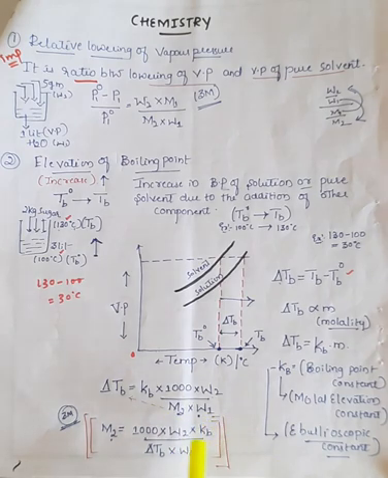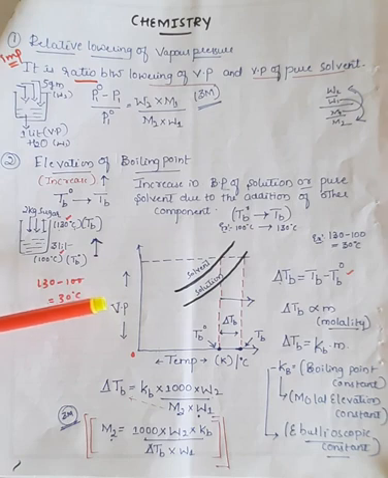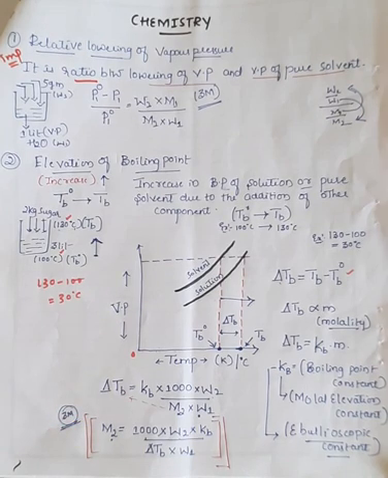Right? So if you want to calculate m2, I can take this m2 this side and delta Tb this side. So m2 is equal to 1000 into W2 into Kb divided by delta Tb into W1. This is the formula for the calculation of the molar mass of the solute in case of elevation in boiling point. So again, you can get the 3 marks question from this, right? Understand the concept. There is no need of by-hearting any concepts or any graphical representation. Just understand the concept, then you can go for the formula and you can get the 3 marks in the problematic questions.